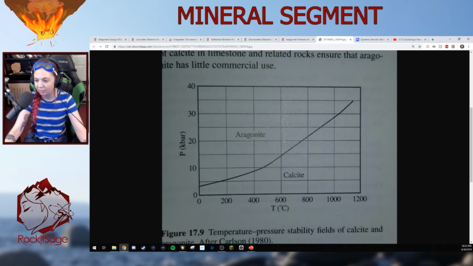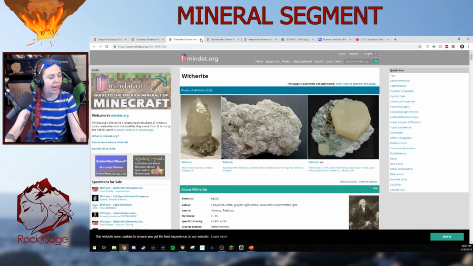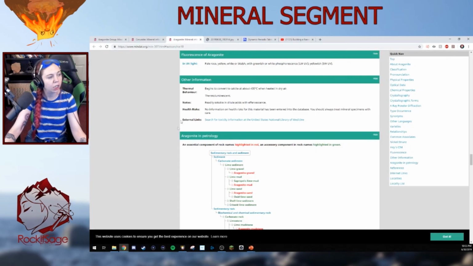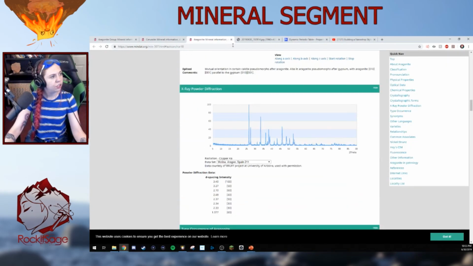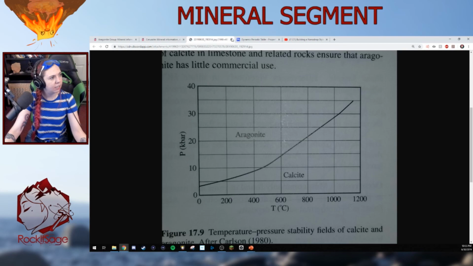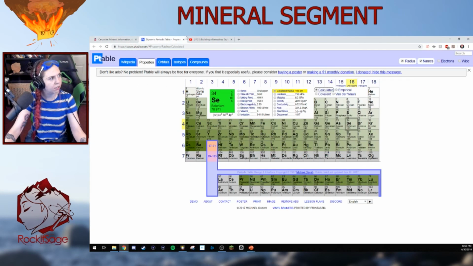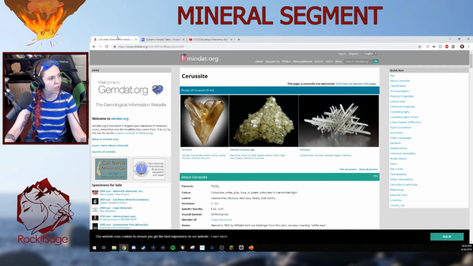It makes me happy. I don't need aragonite. I have some. Witherite is the barium end member. Strontianite is the strontium member. Oh, this is just mineralogy on the aragonite stuff. That's the dynamic periodic table. Aragonite group. I want to keep cerussite up for later. Wait, I have cerussite. I don't need it. I have a tiny piece. I forgot. It's a very, very nice piece, actually. Doesn't look like this, but